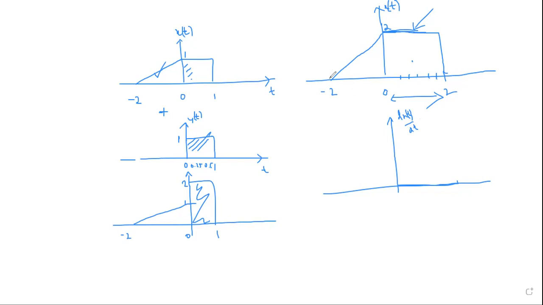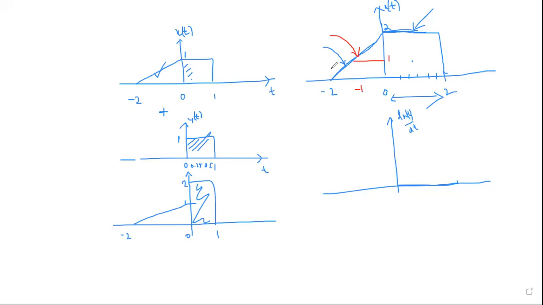That was the easier one. Now tell me what's going to happen here on the right side. Is it a constant or does it change? On this particular segment, how does it change, by the way? You can see here at -2 it is 0, at 0 it is 2. Can you tell me what is the amplitude at -1? Will somebody guess? What does your common sense say? At -1, what is the amplitude? It is 1, right?